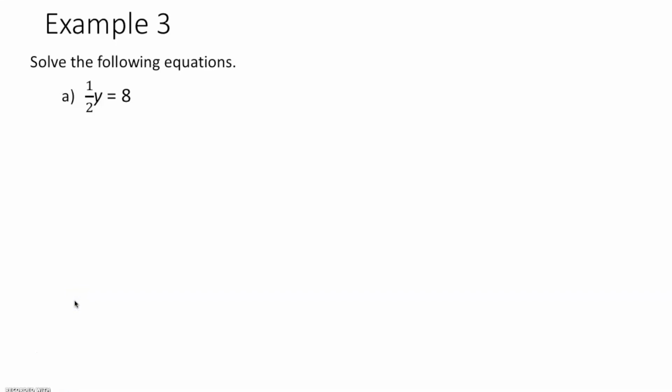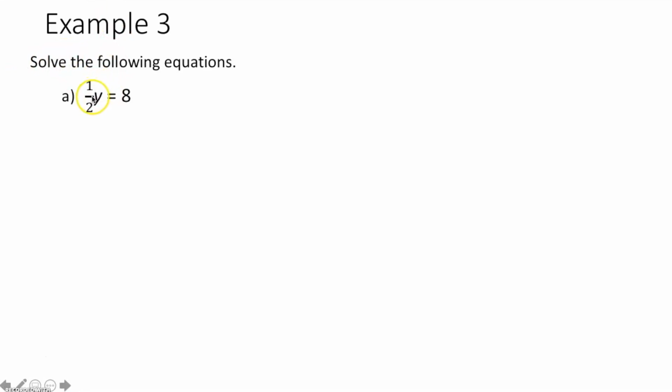Example 3, we need to simplify, move, solve. Can we simplify this side? No. Can we simplify this side? No. Step 2, move variables to the left. Done. Step 3, constants to the right. This 1/2 I need to get over here. How do I do that? A couple different ways. But the easiest way that I found, anytime you have a fraction in your problem, to